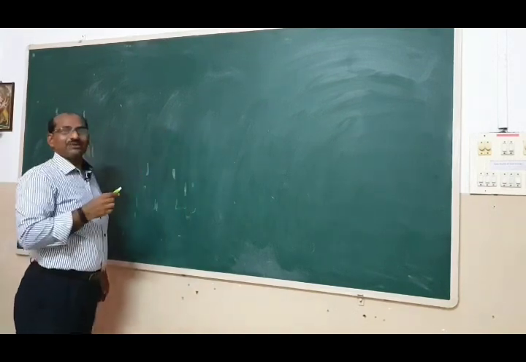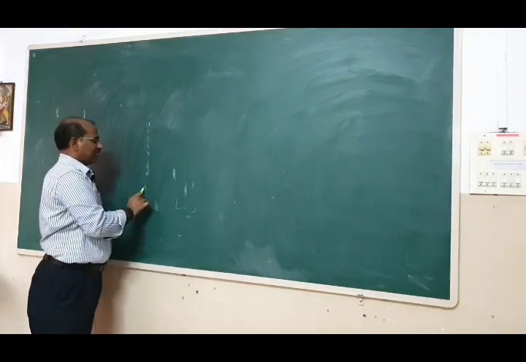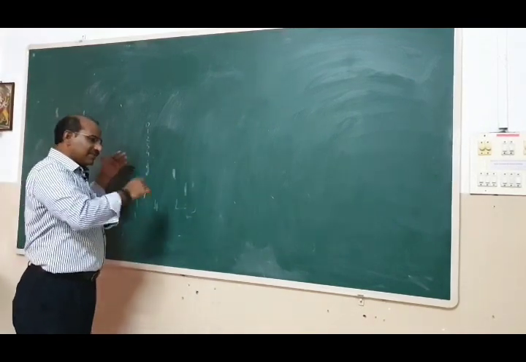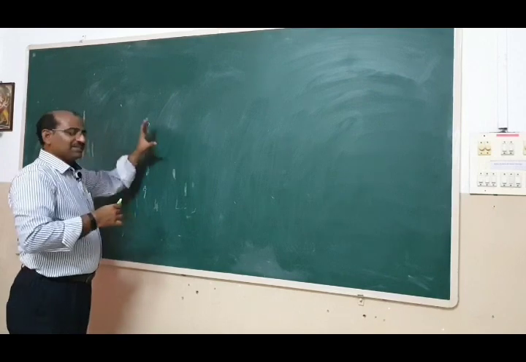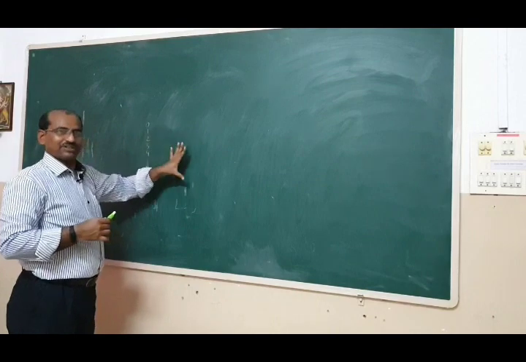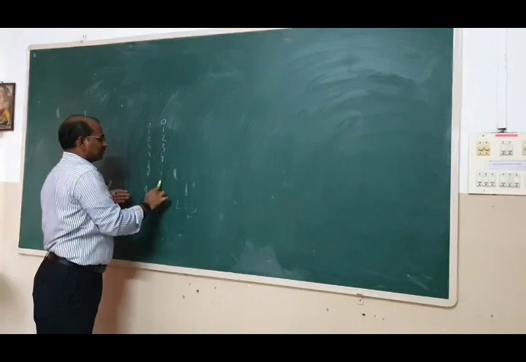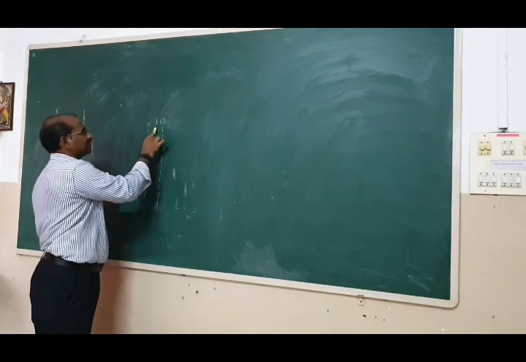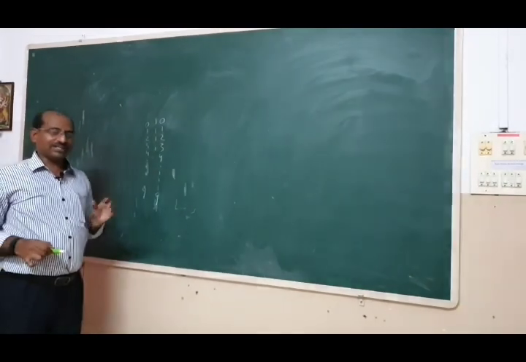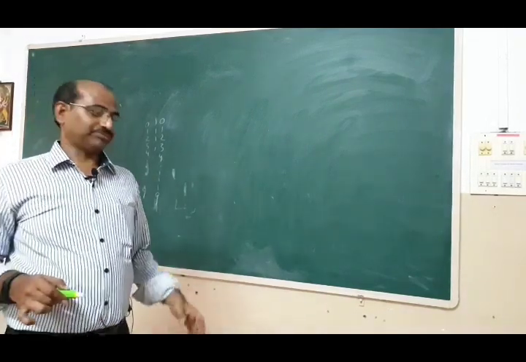So, how do we write the decimal numbers? We start with 0, 1, 2, 3, 4 up to 9. After 9, after the completion of the digits, we write the next numbers. Again this repeats cyclically. That means after 9 it repeats. All these things we have discussed earlier, but once again: 0, 1, 2, 3, 4. What happens? A 1 comes here: 10, 11, 12. See, after 10 digits it repeats. That is why the place values we put are 10 power 0, 10 power 1, 10 power 2.